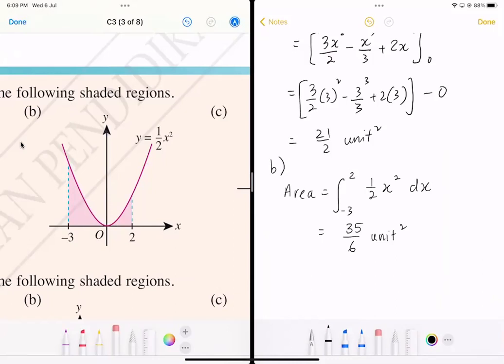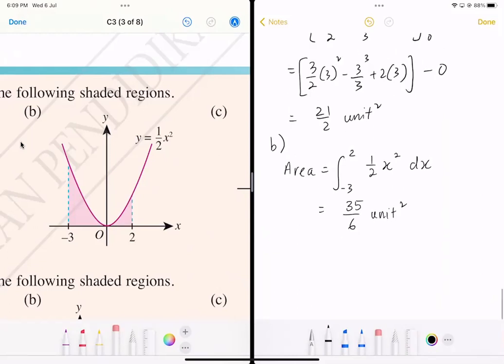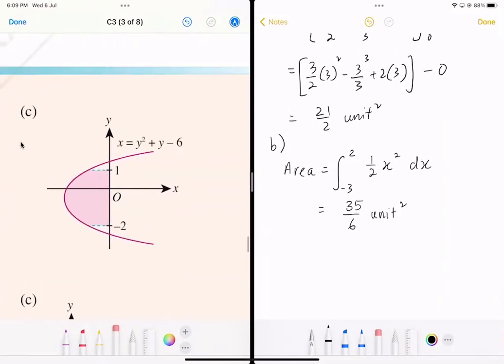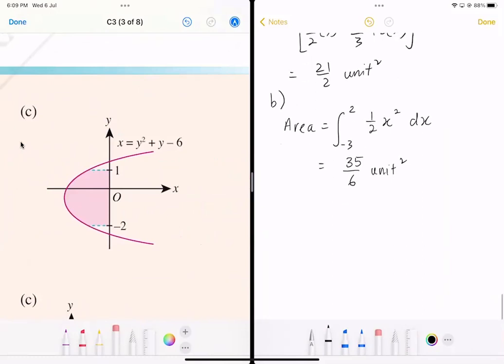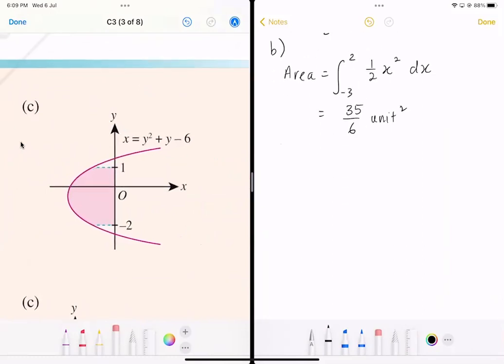Got it? Asad and Ryan? Got it. Okay, the last one. Now is this y-axis or x-axis? Look at the limit. Y-axis or x-axis? The limits are at y, right? Y. Okay. So the area is going to be